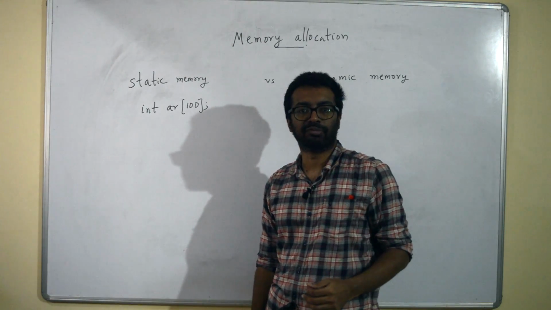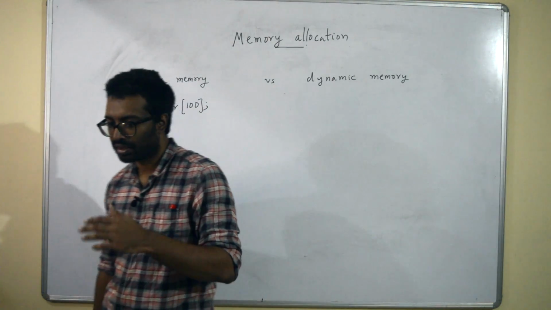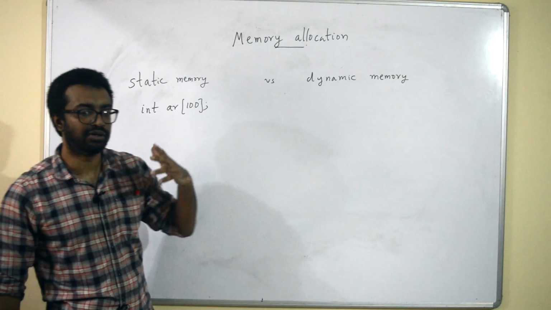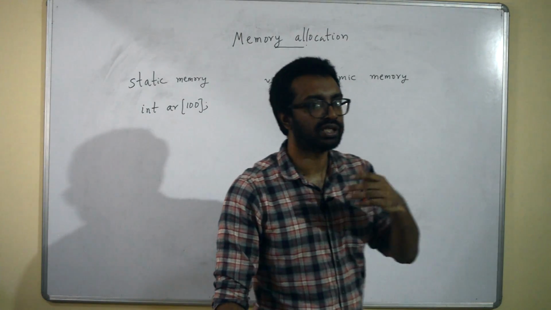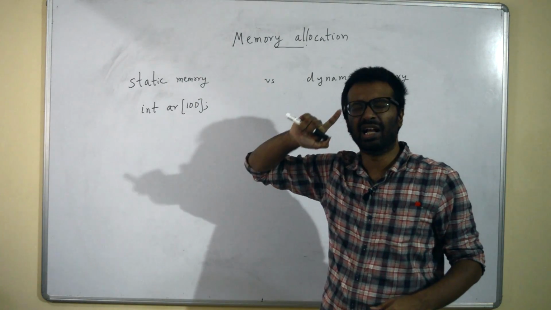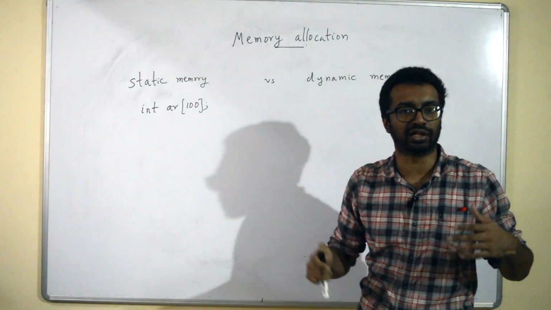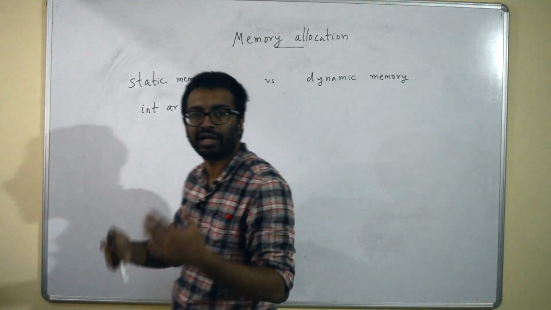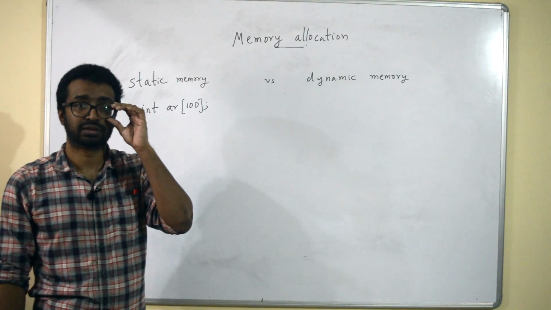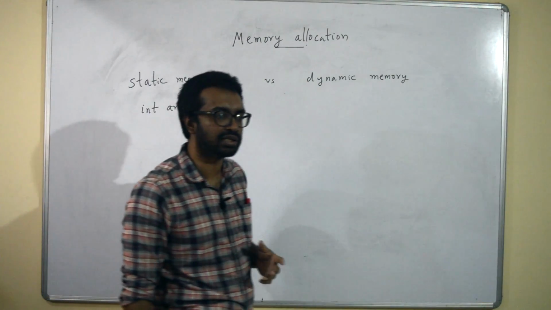That's why it's called static memory. The program, before your execution starts, this memory is allocated. Now, this could be statically allocated because you have already told the compiler how many integers are required. You have told the compiler that 100 integers are required. So therefore, the compiler can do whatever is required to store 100 integers. Is it clear?